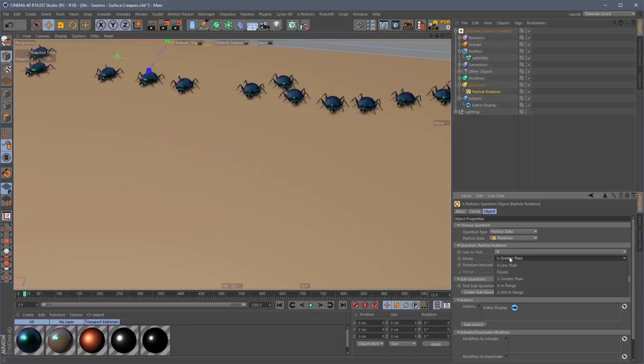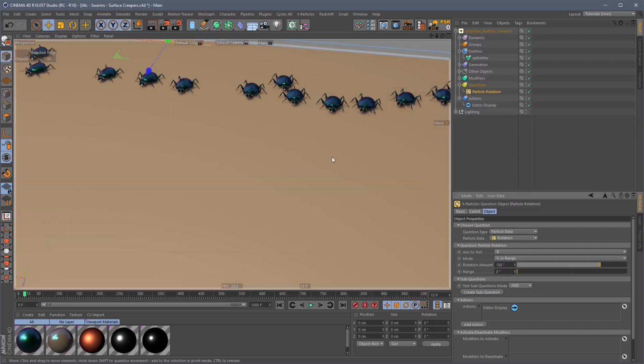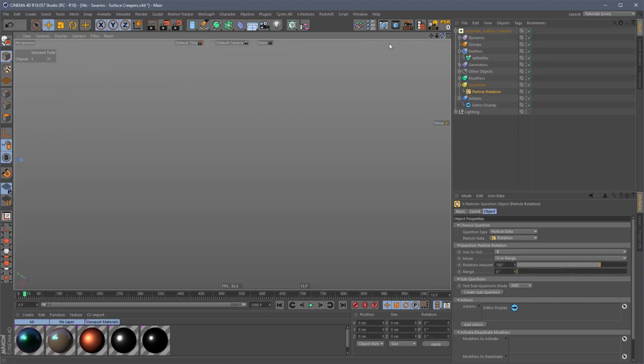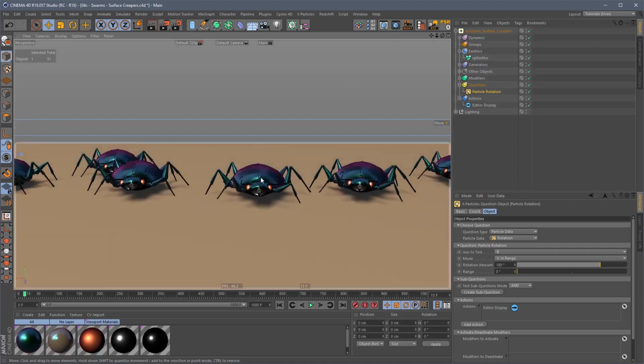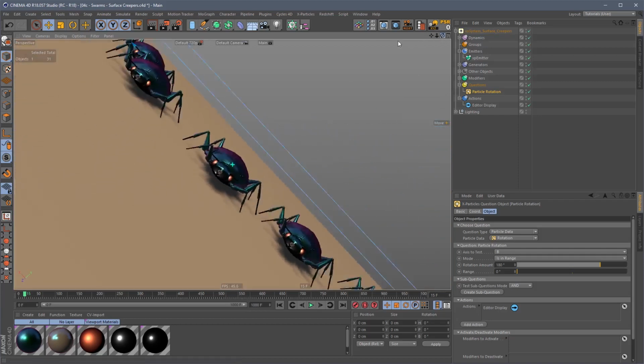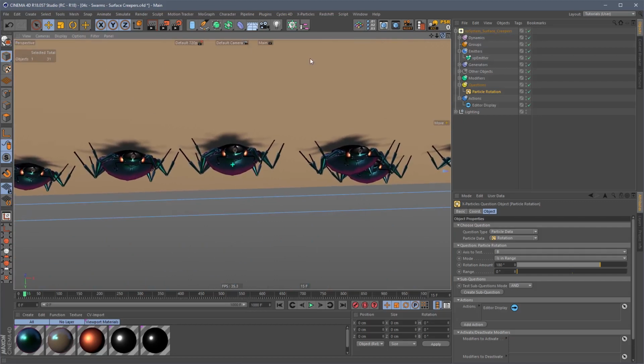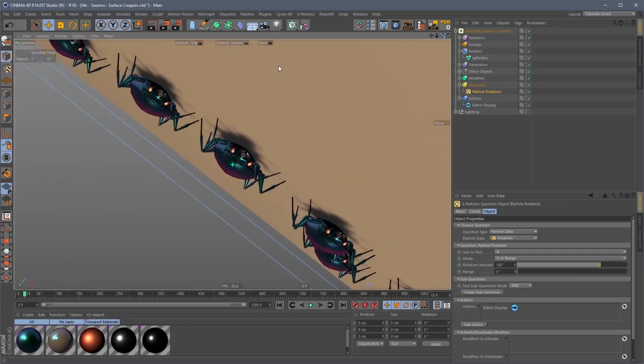So what I'm going to do is set it to is in range. I'm going to set the rotation amount to 180, which means it's going to start looking from the upside down, as the creature is flipped upside down. Let's just do this with the camera. Oh no, that's not a pleasant experience. There we go. So he's upside down, 180 degrees, and then we need to check how far